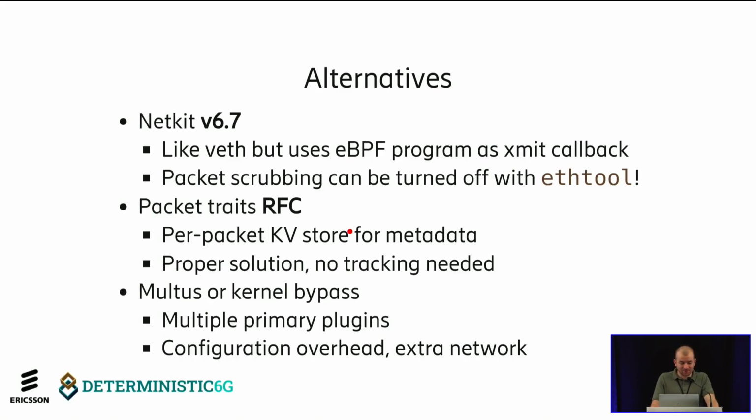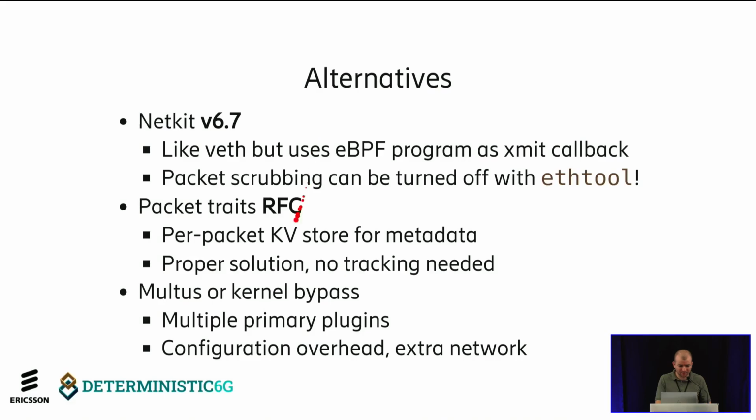experts here. So I briefly mentioned that there's no option to exclude some metadata from the scrubbing process, but that's actually not true for Netkit. If someone doesn't know, Netkit is a veth alternative, and its transmit callback is an eBPF program, and with ethtool you can set some flags. For example, if you don't want to scrub the priority or the timestamp,